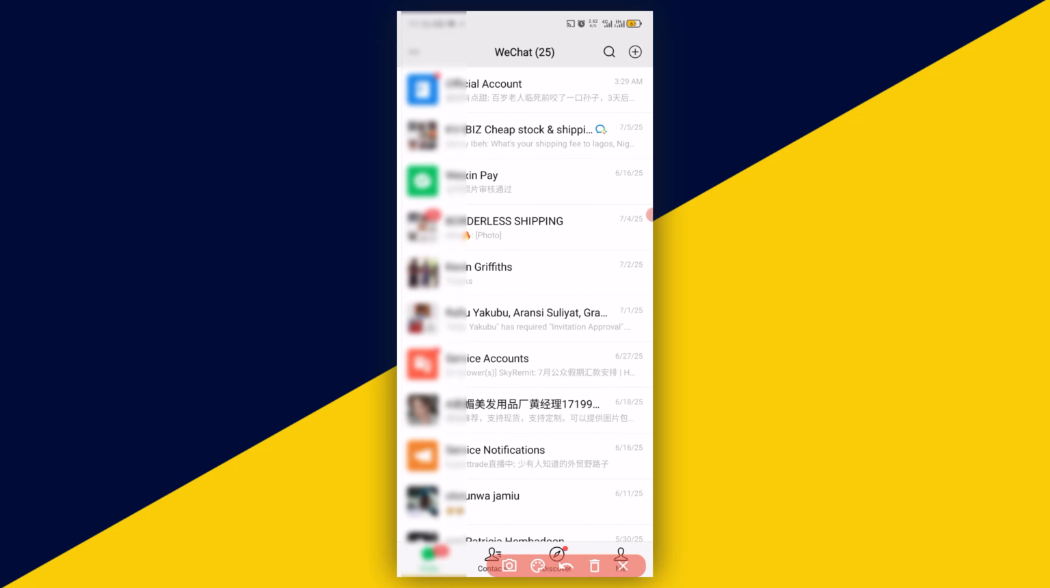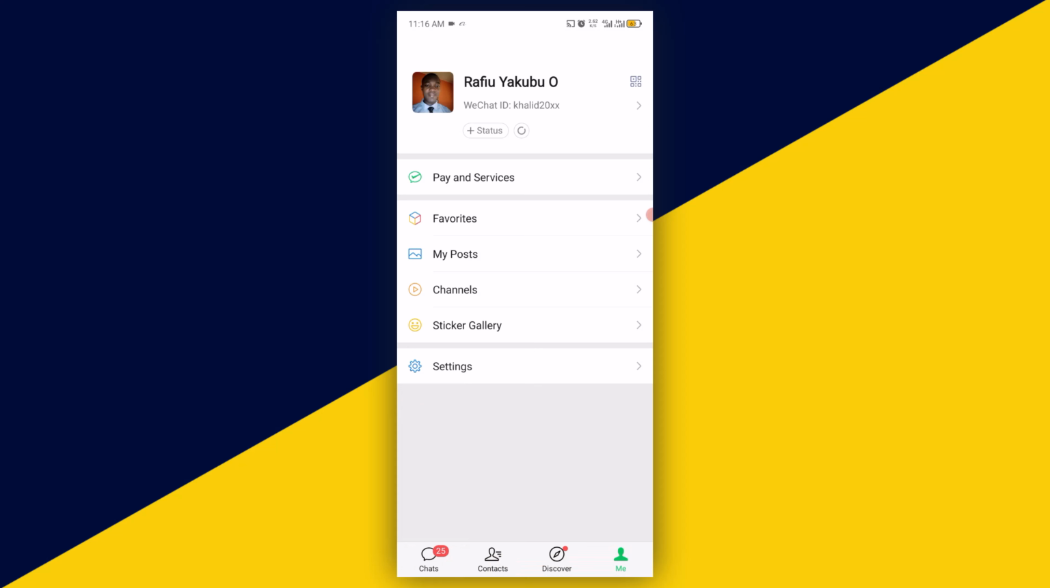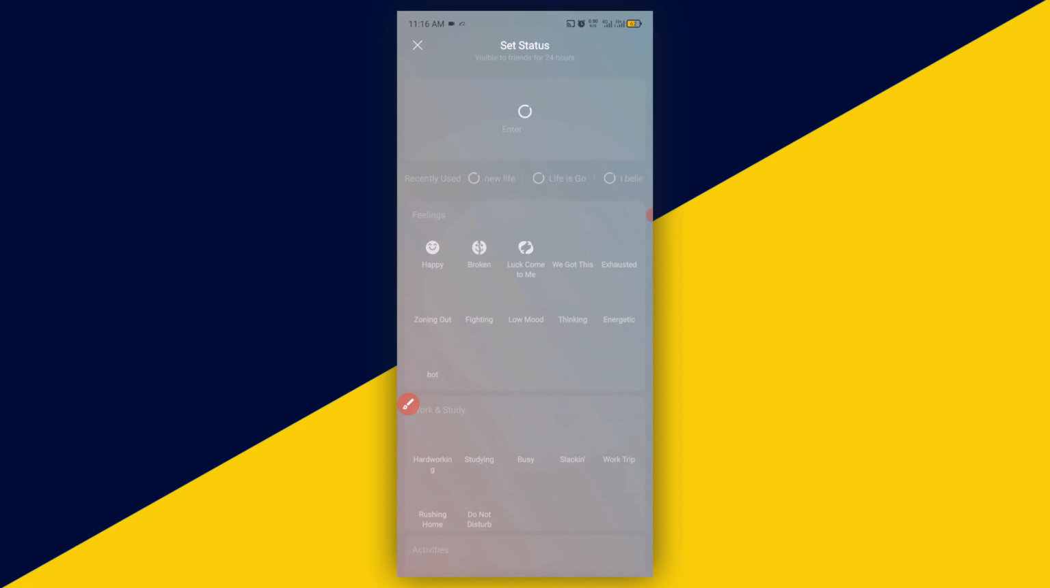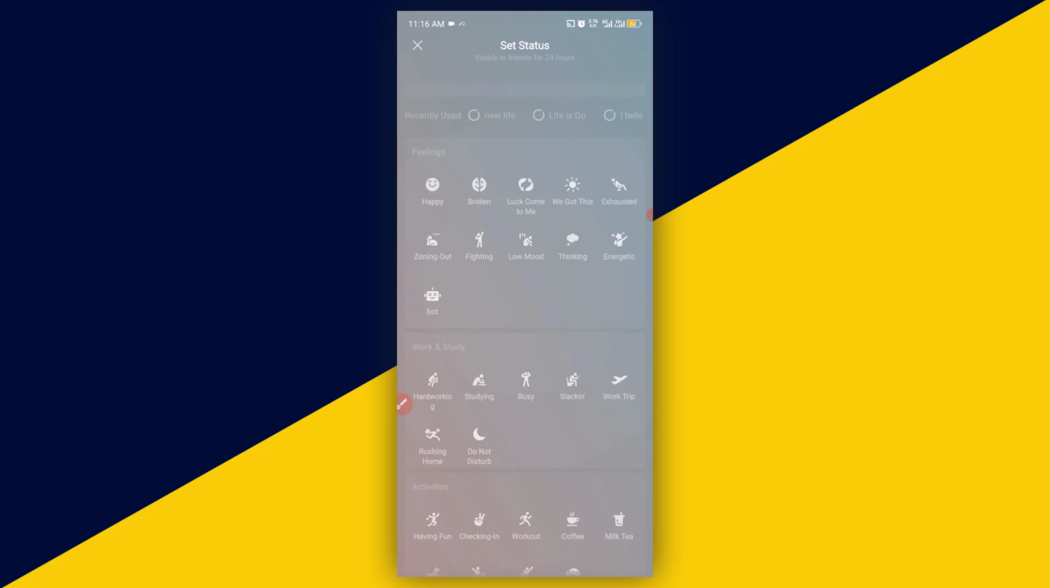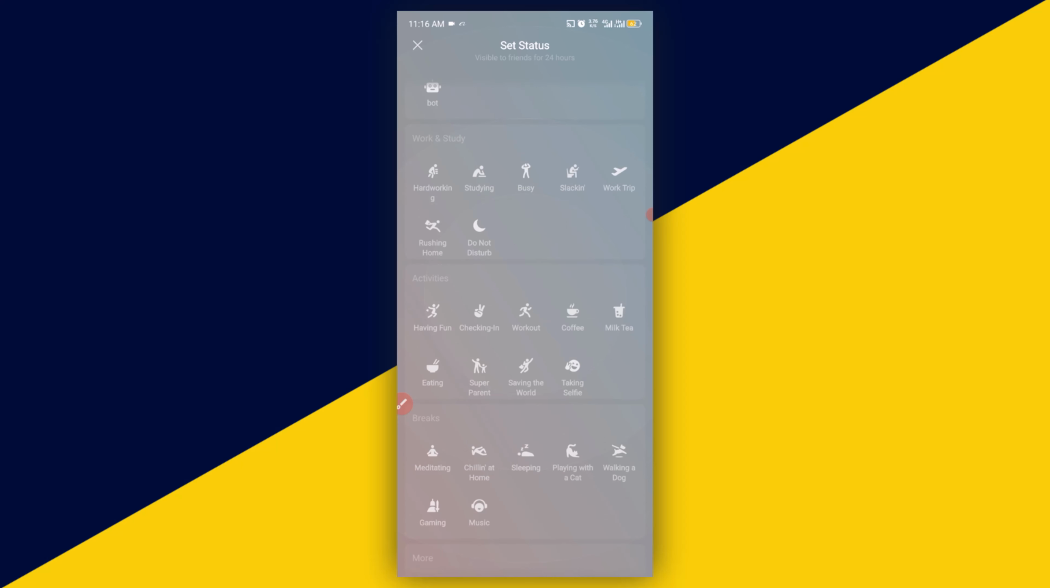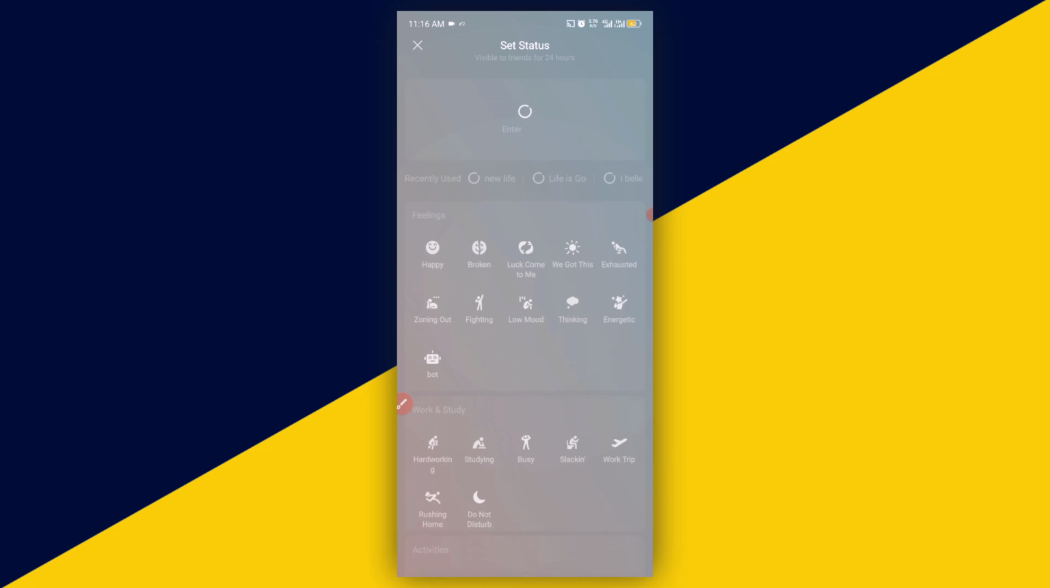The next thing you need to do is to click on Me. Next thing you need to do is to click on Status plus right here. Then here, you can decide to choose any of the characters right here. Scroll down right here and choose any of the characters, or better still, if you decide to post some certain